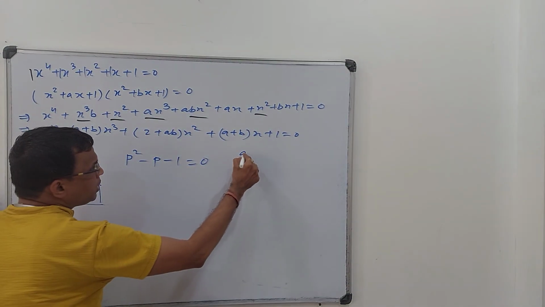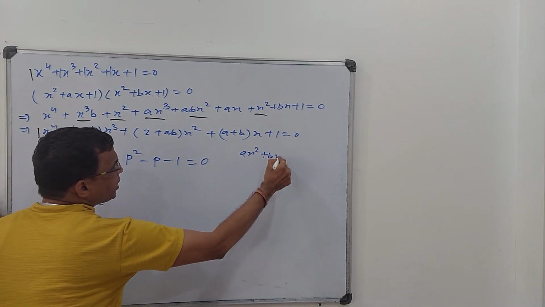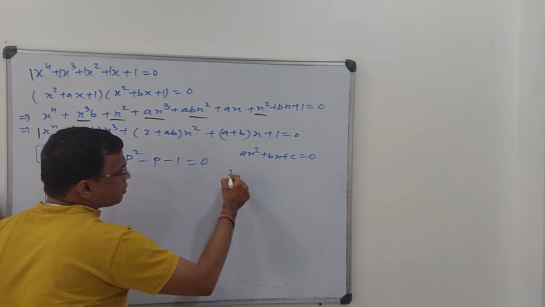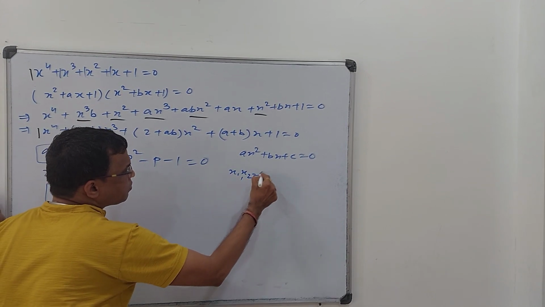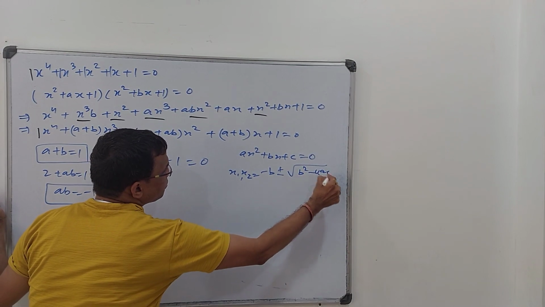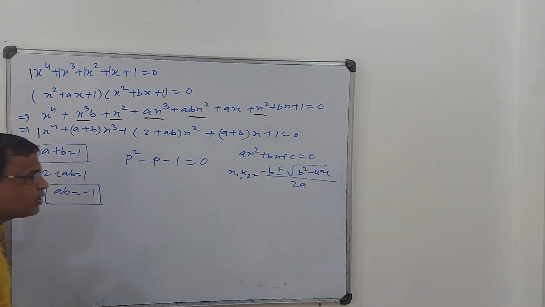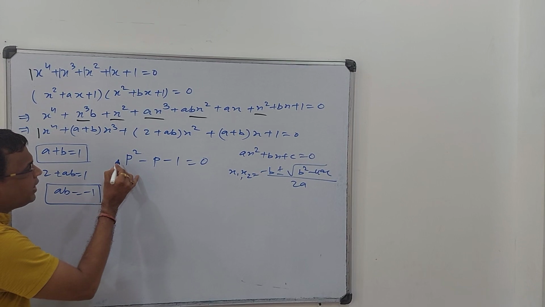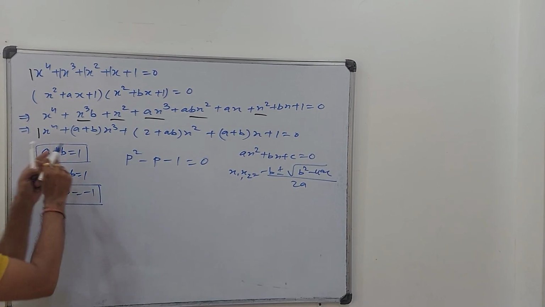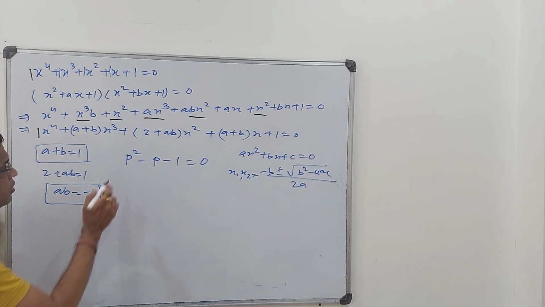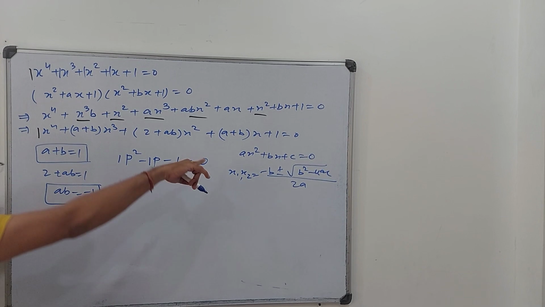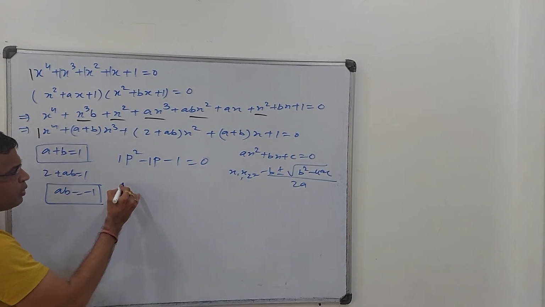And we know that our formula is ax square plus bx plus c is equal to 0. Standard form of quadratic gives the values of the root as minus b plus or minus under root of b square minus 4ac upon 2a. We have done it earlier also. Okay, fine. So here a is 1. Here the coefficient of b square. Don't compare this a with this a. Both are different. So here a is 1 and b is minus 1 and c is also minus 1 according to that. So what will be the value of p?